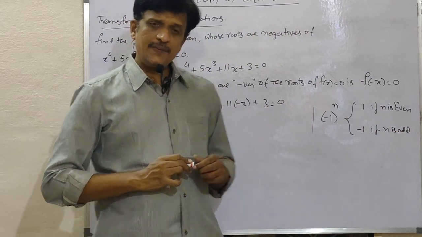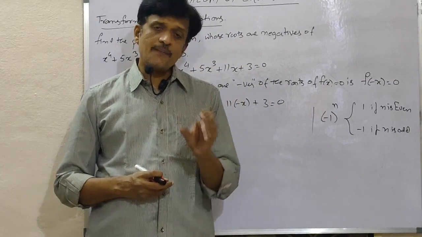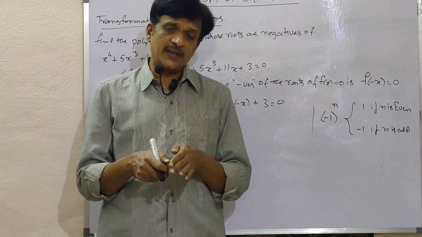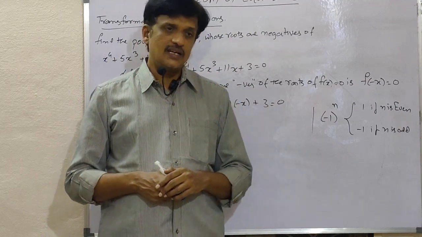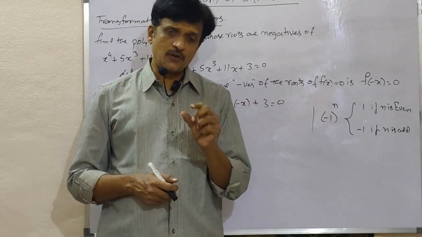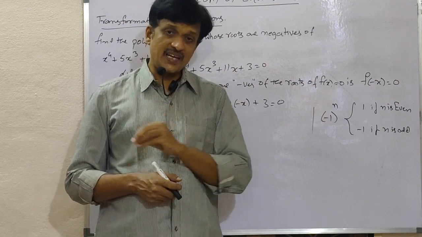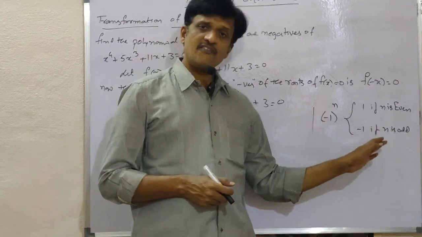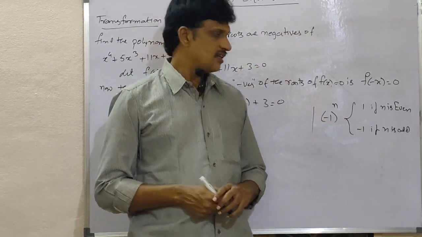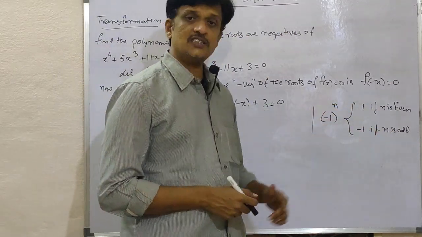Means minus 1 whole power n means minus 1 into minus 1 into minus 1 so on for n times. If there are even number of minus 1s in the product, since minus 1 into minus 1 gives plus 1, the product is positive, plus 1. If there are odd number of minus 1s, then if you write 2 minus 1s' product together, you are getting minus 1 into minus 1 plus like this, pairs of minus 1s. Since there are odd number of minus 1s, you are left with one minus 1, then the product is minus 1. So minus 1 whole power n is 1 if n is even, if n is odd that is minus 1.